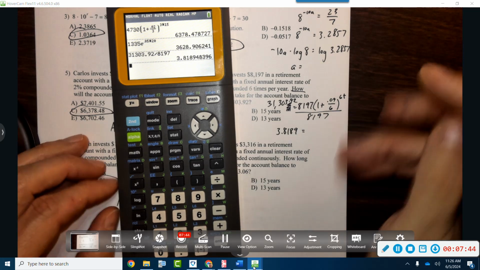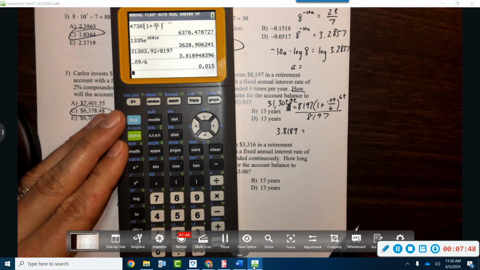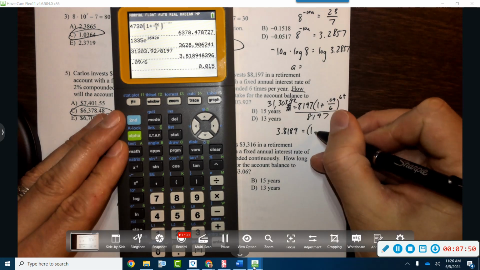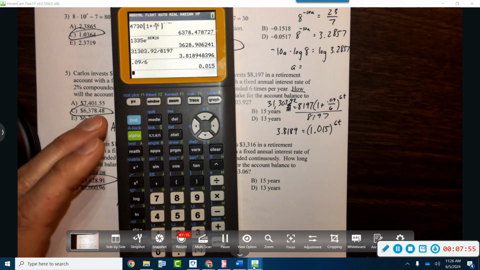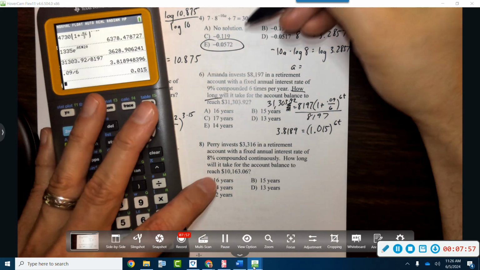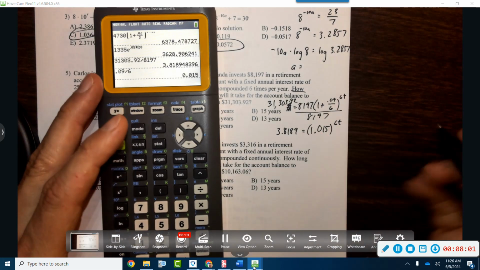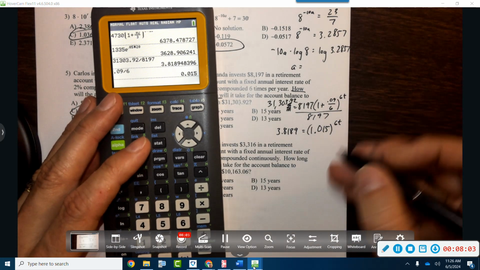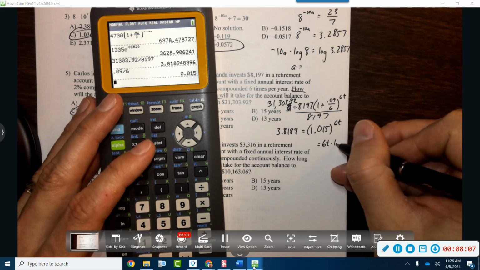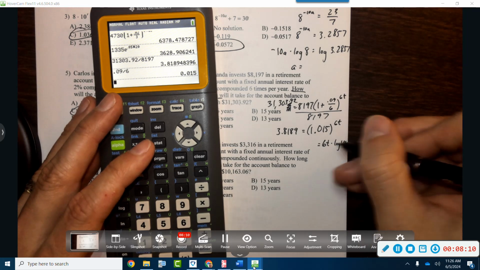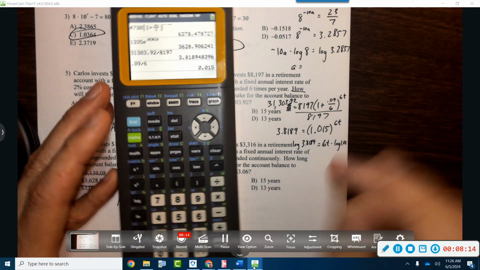Okay, so I don't know what 0.09 over 6 is, so let's do that. Okay, so that's going to be 1.0156 to the t. Okay, now what this is really now it's this up here. Okay, it's that situation. We want to take the log of both sides so that the 6t will go in the front or in the back, whatever you'd like to imagine that as, and this will be the log over here. We're taking the log of both sides, and this is going to give you a very accurate